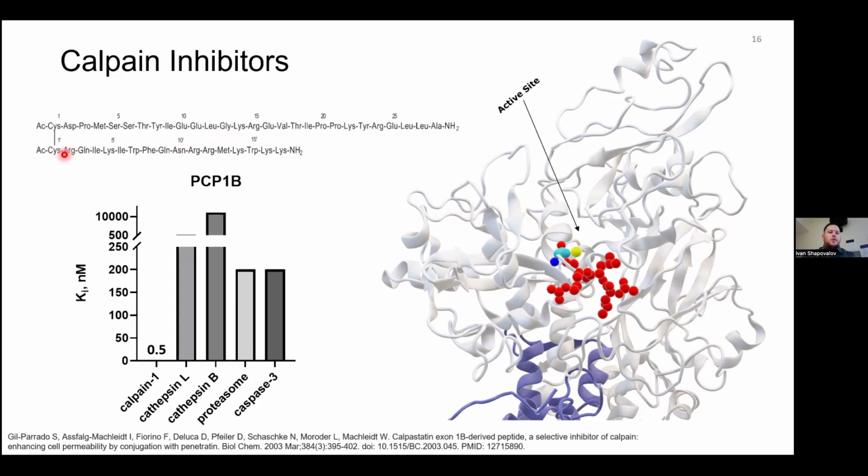And here it's conjugated to a penetratin, which pretty much is just a sequence that makes that peptide go through the cell membrane and be better at interacting with Calpain in there. What we're trying to do is to take a portion of this peptide, or a peptide very homologous to it, and actually conjugate it to another small molecule that would be recruiting an E3 ligase. And